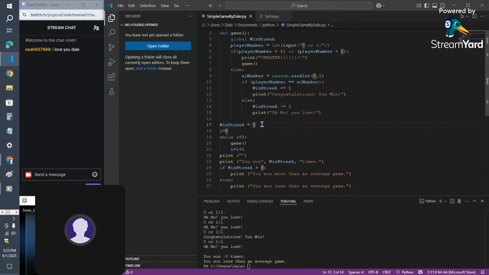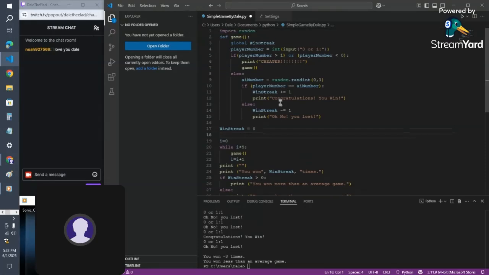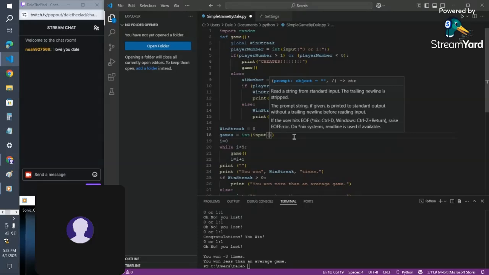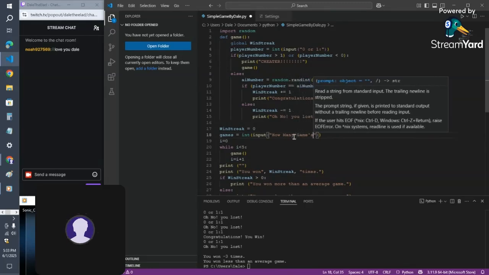Let me just do this. I'm gonna do a new variable called games equals int input, and then we're gonna have how many games? Games. Yep. Good.